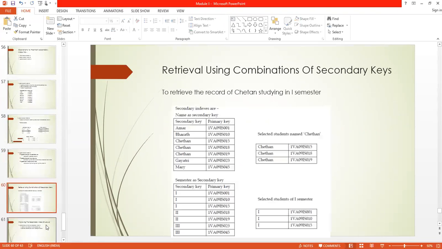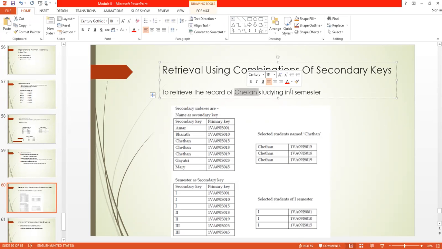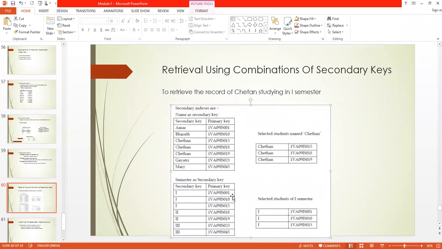Now, how to access the records using different combinations of secondary keys. Suppose I want to access the record of Chetan of first semester. Three Chetans are there. Select all three Chetans and all the USNs of first semester. So here is a secondary index file with semester as the secondary key.